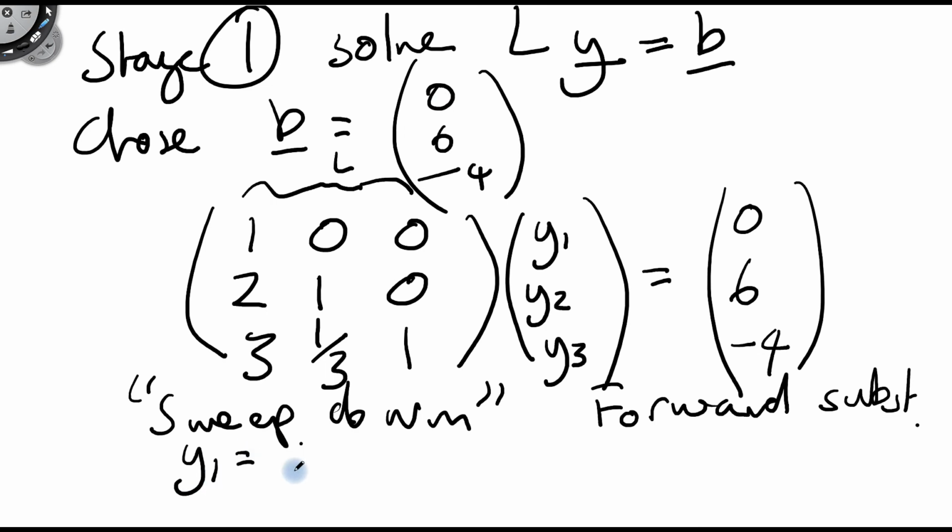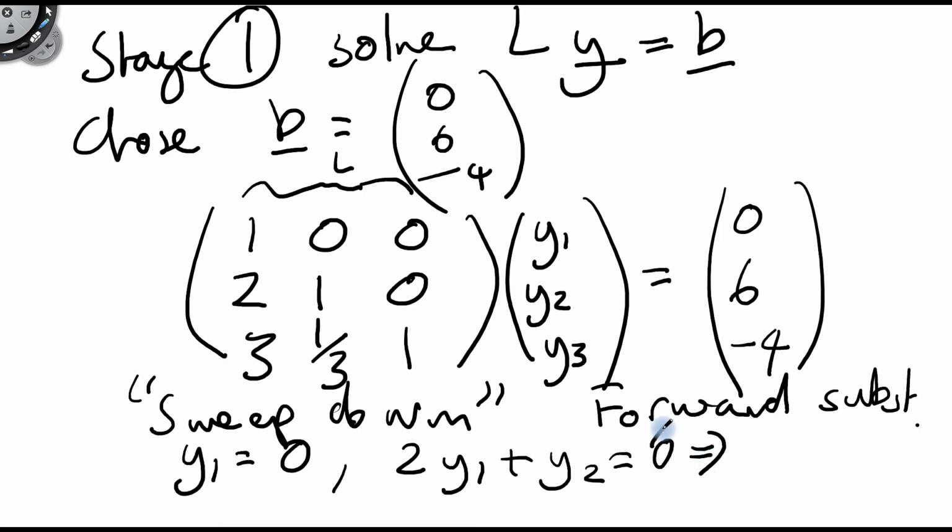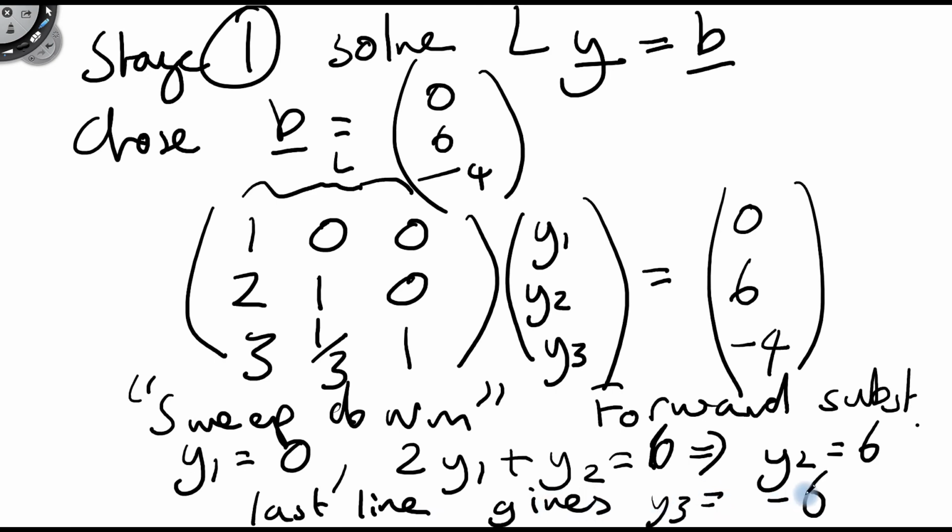So we have y1 is 0. Then we go to the next line, which is 2y1 plus y2 is 6. We substitute the value for y1, which is 0, which implies y2 is 6. And then the last line, I'll leave you to do that, gives y3 equals minus 6. That's y2 and y3 calculated. And the next step